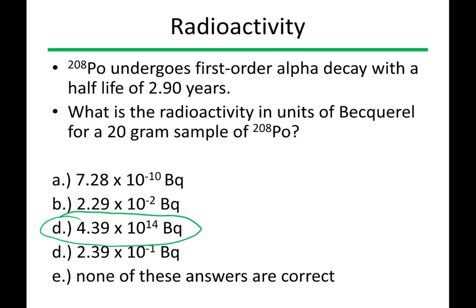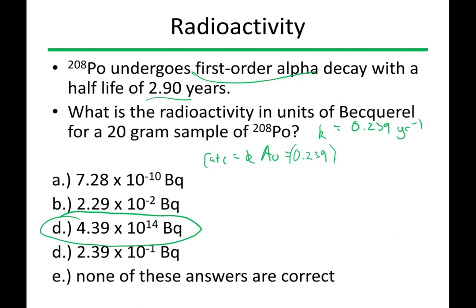So what we're looking for is the number of individual decay reactions per second. So first we have to get just the rate of this reaction. We know that it is a first order decay with 2.90 years as the half-life. In a previous problem, we saw that this gives us a k equal to 0.239 years to the minus 1. Okay, so the rate of this is going to be equal to k times the initial concentration. And we have our k,